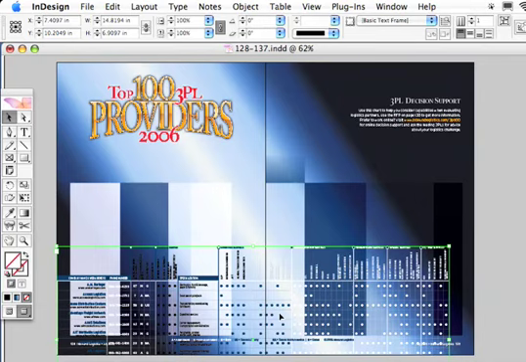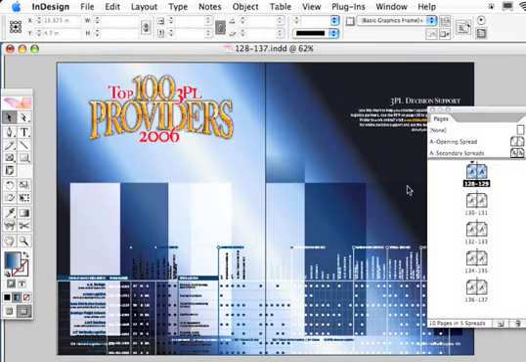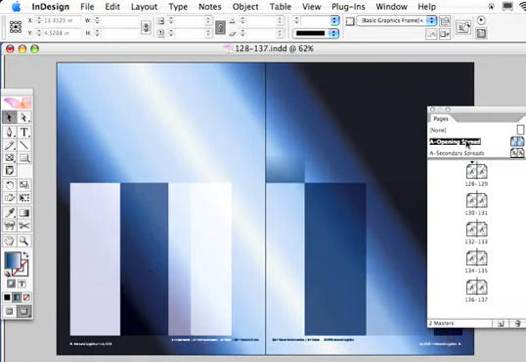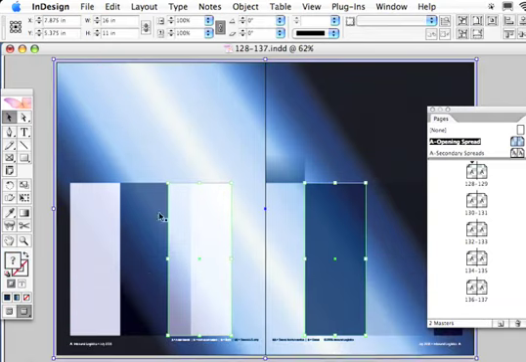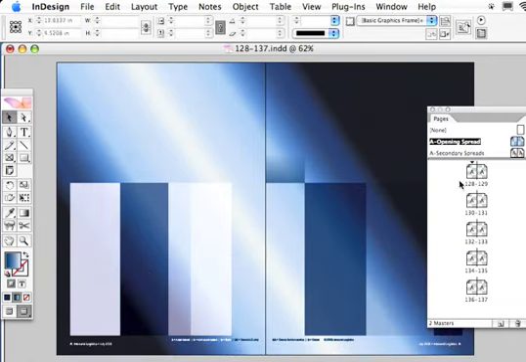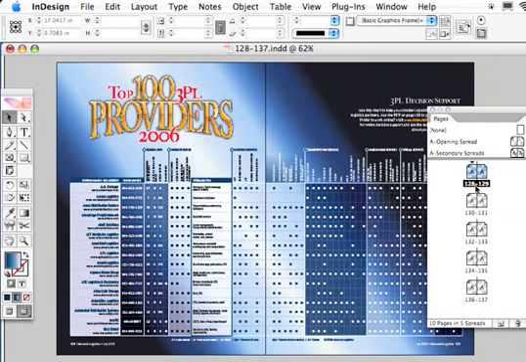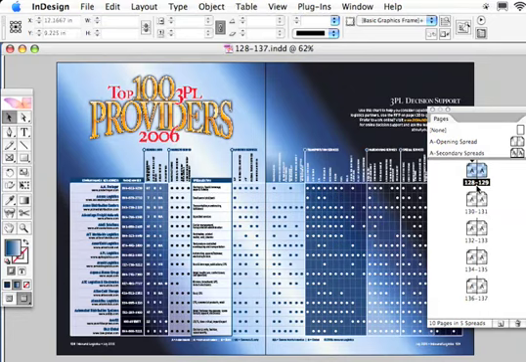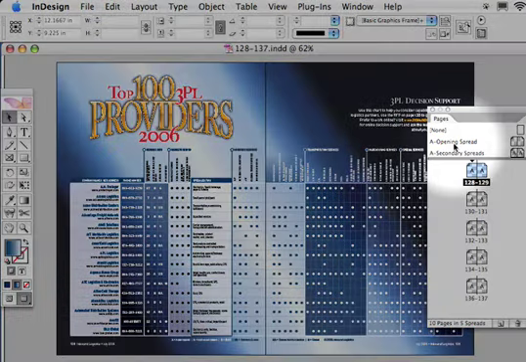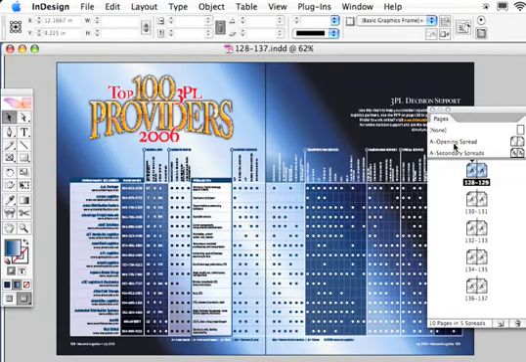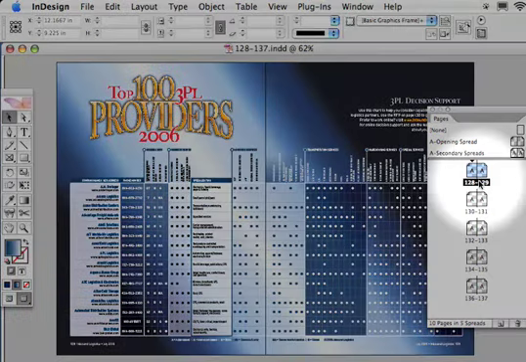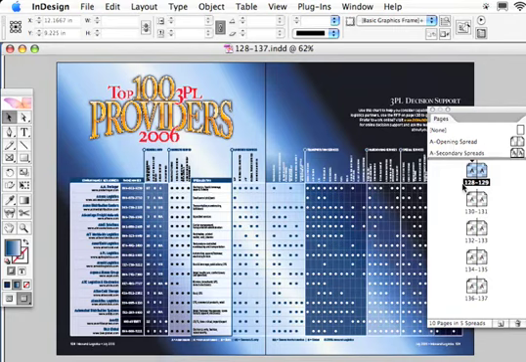But my table spans 5 spreads, and I didn't want to set this up 5 times, so these transparent frames are actually on a master page. They just happen to be lined up perfectly with the appropriate regions of the table on the document spreads. My dilemma in setting this up was that I had to be in 2 places at once, or rather, work on 2 spreads at once. The transparent frames on the opening spread master page had to be lined up with the table on the first spread of the document. Since I can't see and work on 2 spreads in one window, I needed to have 2 windows for one document,